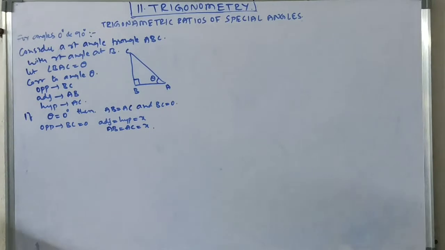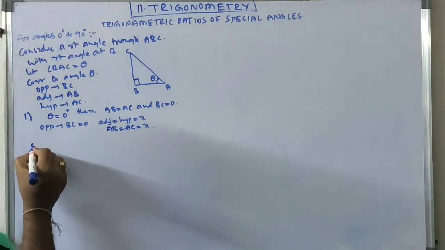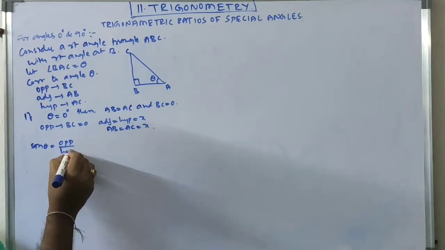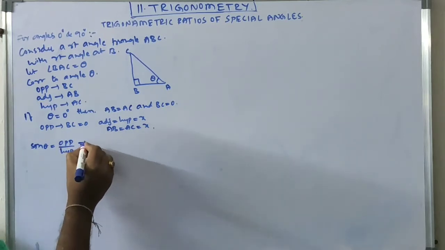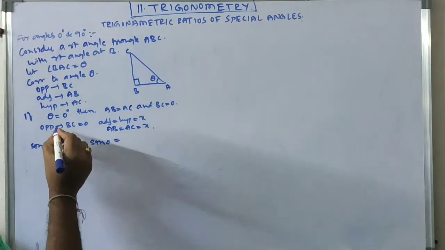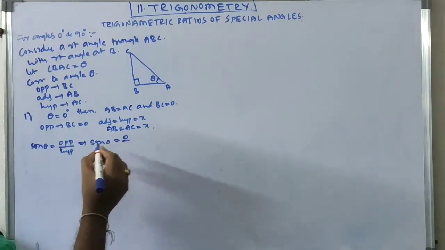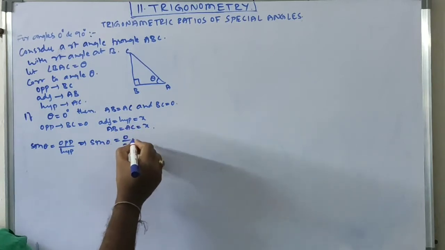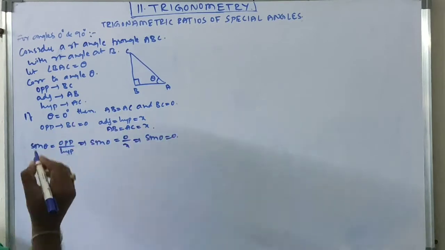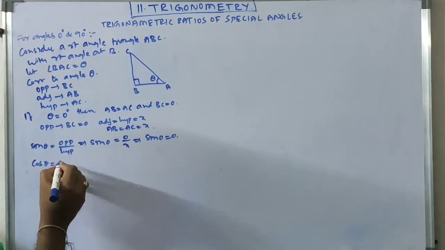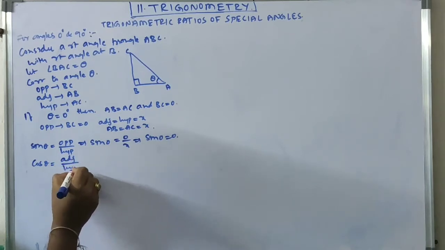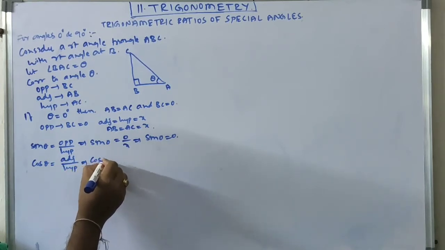Now I am taking the angles. Sin theta is equal to opposite by hypotenuse. So for angle 0, the opposite is equal to 0, divided by the hypotenuse x. Sin 0 is equal to 0. Next, cos theta is equal to adjacent side by hypotenuse, which implies cos 0 is equal to